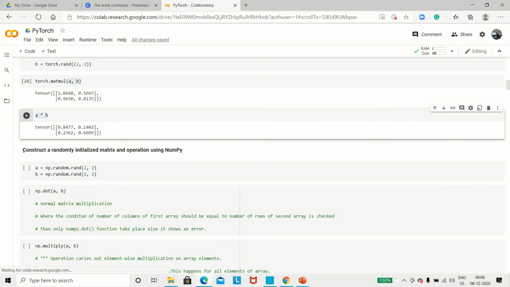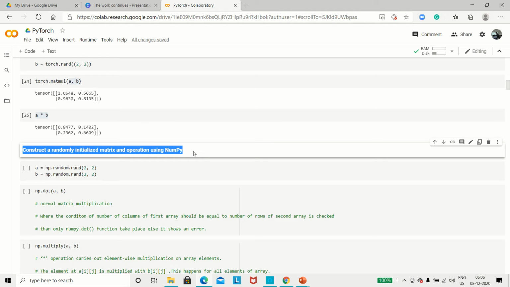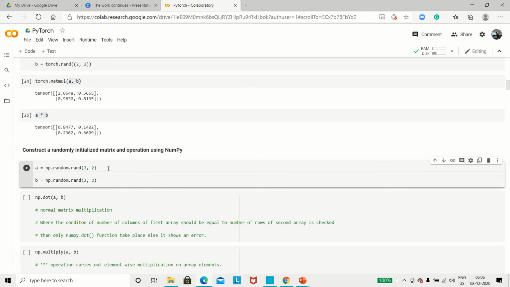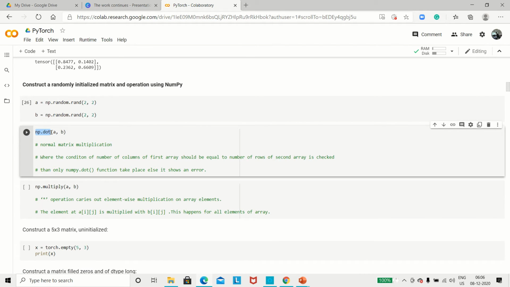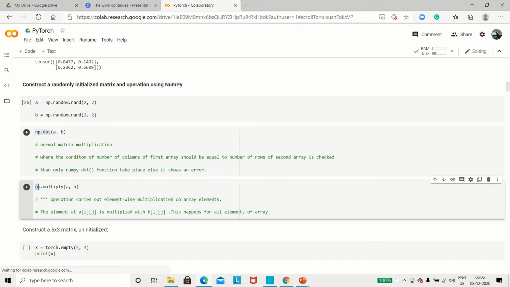Similarly, if you want to take a similar example and create the randomly initialized matrix using NumPy, it's absolutely the same. Only a little bit of difference will exist. For example, again I have defined two arrays here, A and B. In both cases, I want to draw a random array of 2 by 2. Okay, so let's create and run this command. So in the background now, a 2 by 2 random array has been built. Now I'm using np.dot and np.multiply. These are two commands we have used. Both will multiply the matrix, but in a different way.